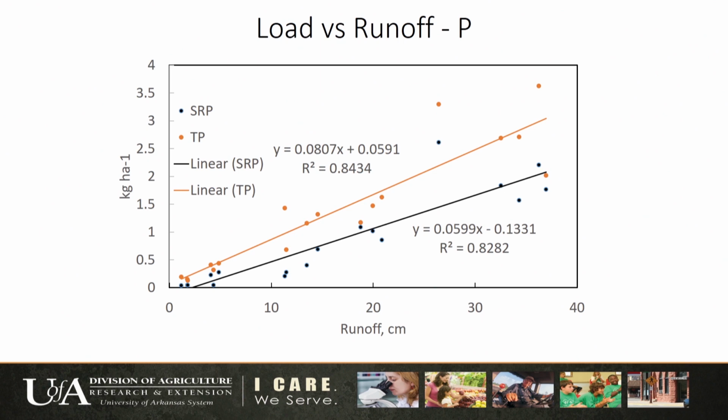But I think the other thing that we find is that in irrigation, we're trickling that water down the rows very slowly. And these are long, flat rows, sometimes a half-mile long, with very little slope. We find that we don't generate enough energy in that water to pick a lot of things up and carry them out of the field. Rainfall, on the other hand, can cause particle detachment. We fill those furrows up almost immediately from top to bottom of the field, and we can get greater energy